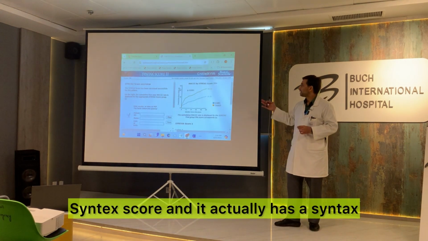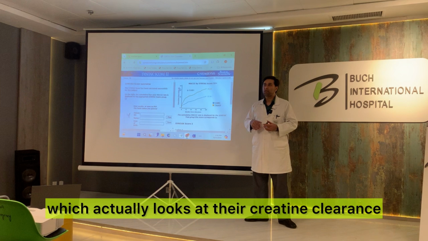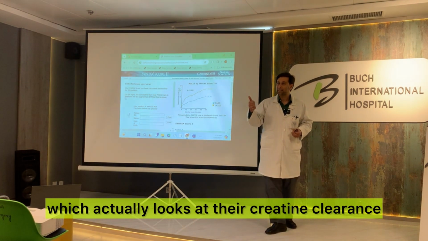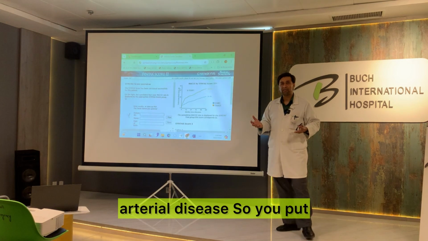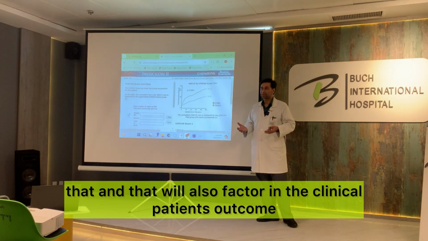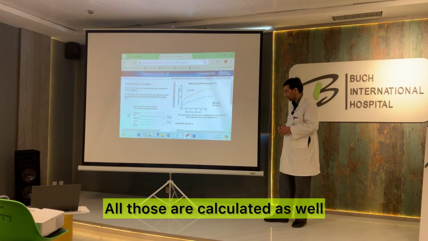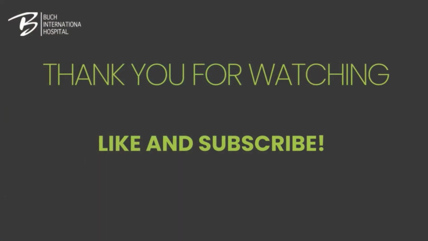So this is a tool that we use for our patients, SYNTAX score, and it actually has a SYNTAX 2 score added to it, which looks at their creatinine clearance, their clinical indicators, COPD, peripheral arterial disease. So you put that, and that will also factor in the clinical patient's outcome. What is his age? All those are calculated as well. So with that, I would